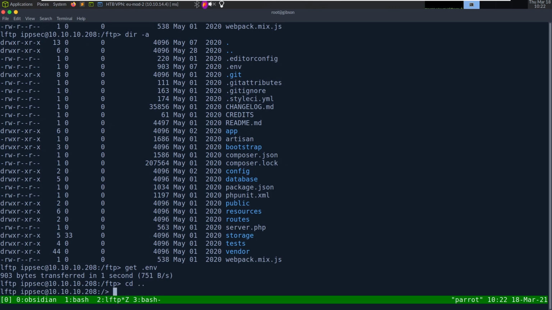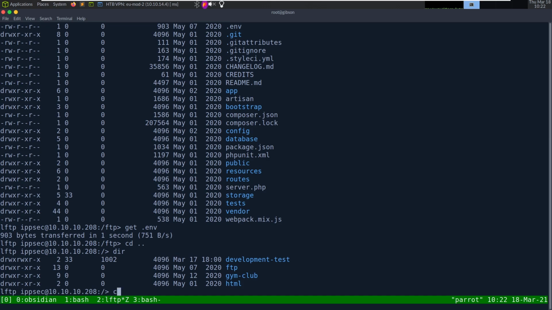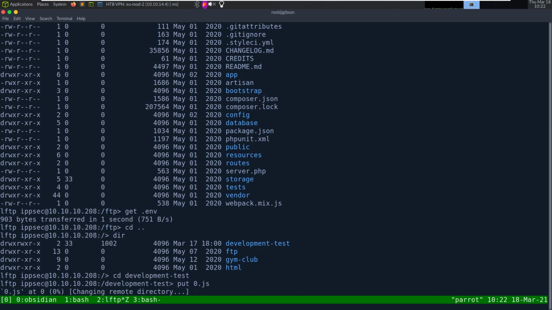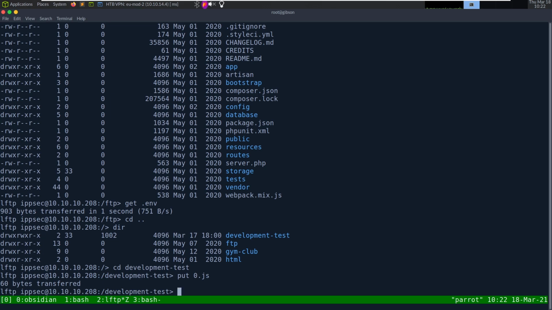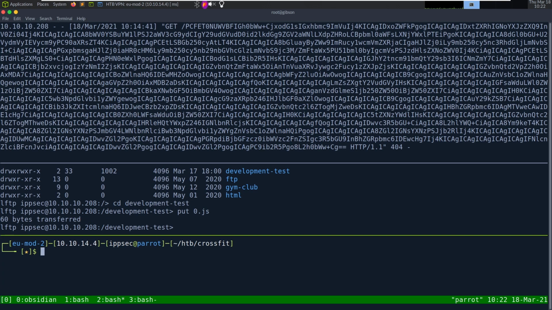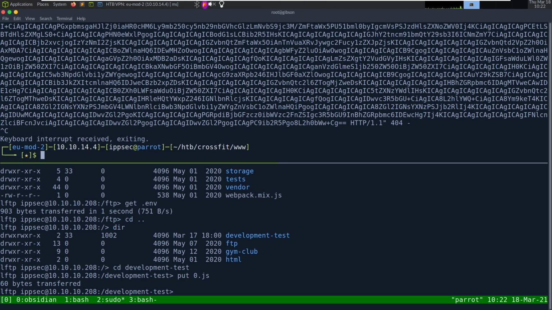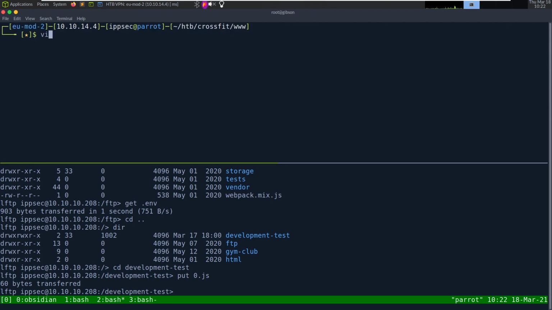So we have that. Let's go, and the -a meant show all files, which includes hidden. Development-test, and put 0.js. And this one actually transferred. So let's go out of that, and let's create ip.php,